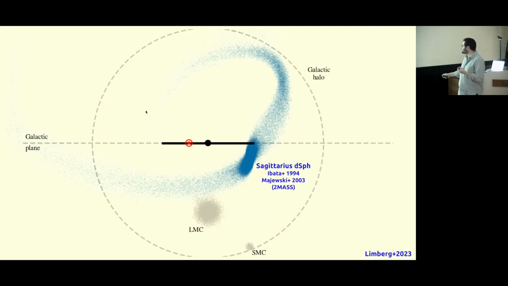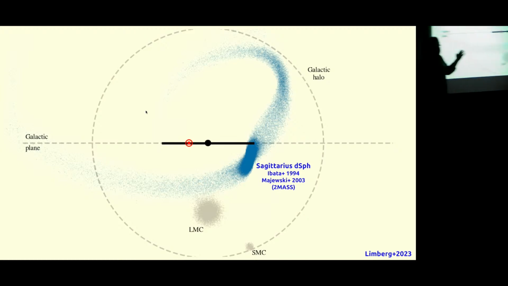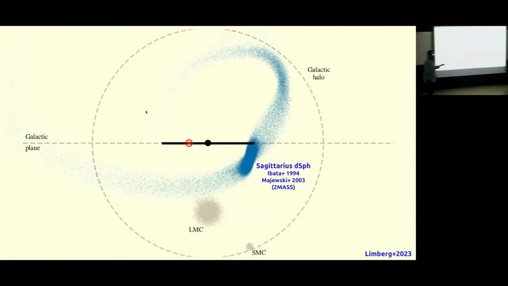This is the Sagittarius dwarf spheroidal galaxy. Straight up from the discovery back in 1994, before I was even born, actually, just from looking at the isophotes of this galaxy, you could already see that this thing was really, really distorted and probably undergoing tidal disruption, because this thing is really close to the galactic center, something like 20 kiloparsecs away.